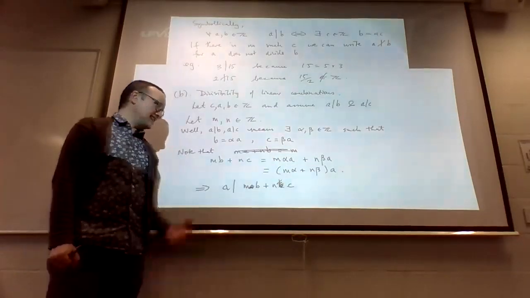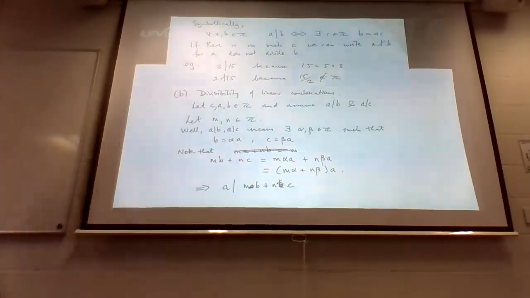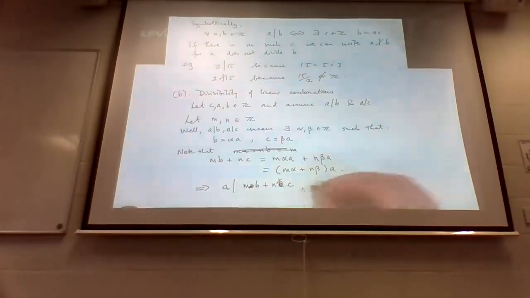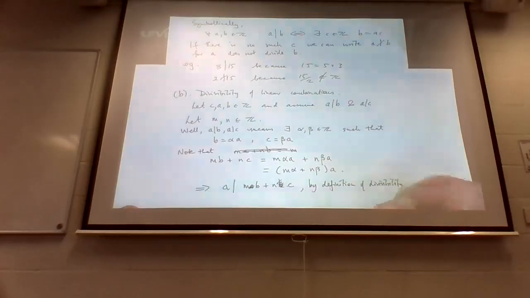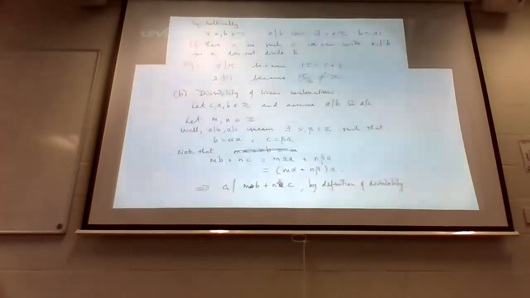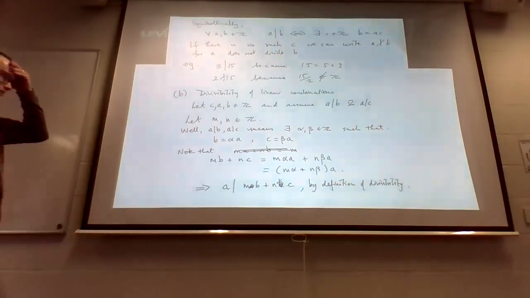So we factorized out the A, and then that implies that A divides this number just by reference back to the definition. Okay, so it's quite straightforward at the end of the day, but in order to give a nice readable proof, yeah, you